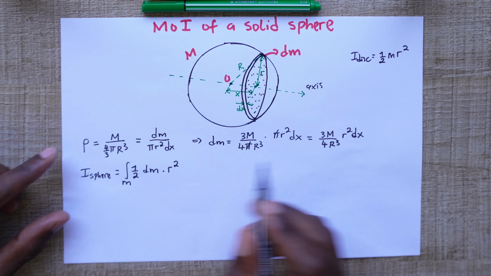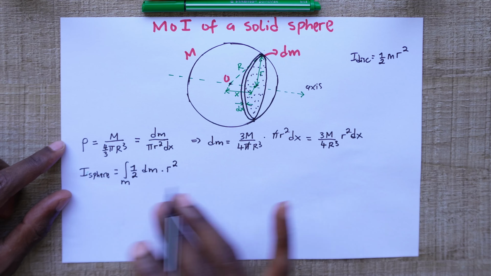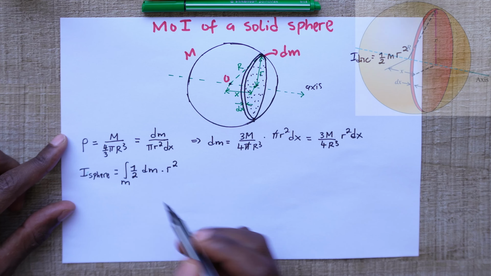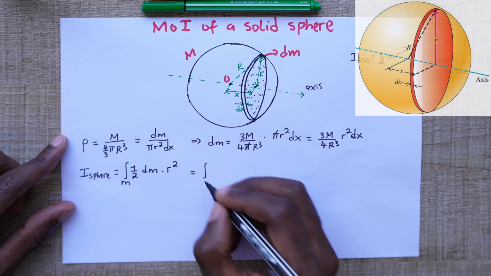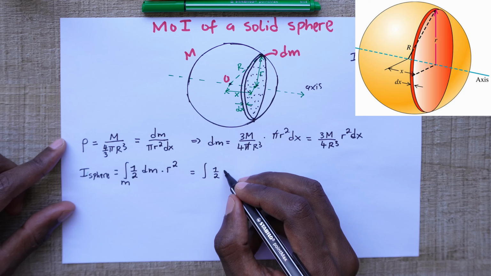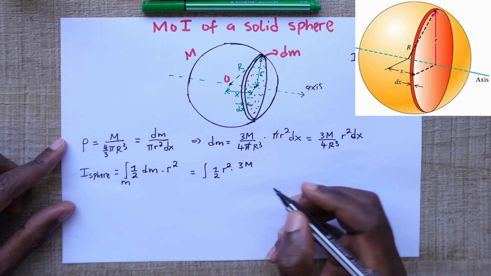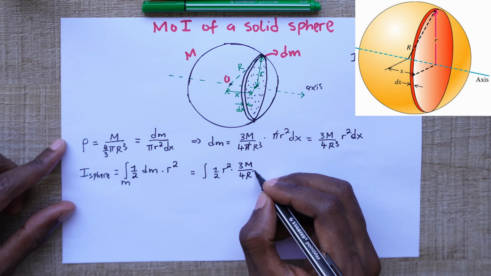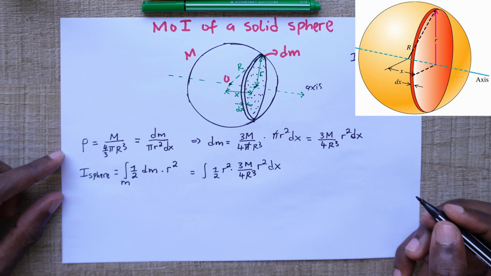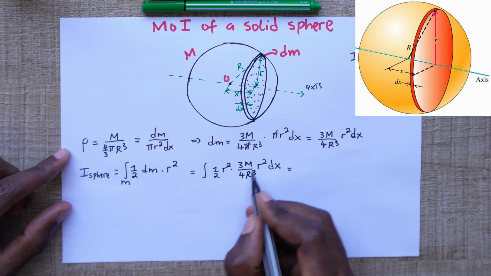So this is really the main point of all these calculations, because what's going to follow is just going to be simplifications. So we can replace dm here, so that's going to be the integral of half times r squared first, then times dm, which is 3m divided by 4R cubed, times r squared dx. Okay, so we can write this again in a simpler form, so we can put the constants out